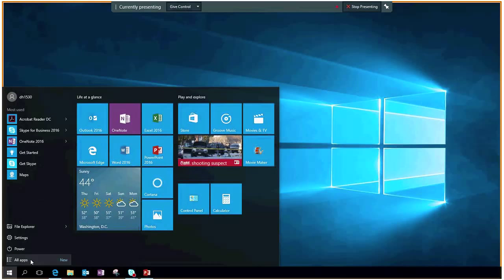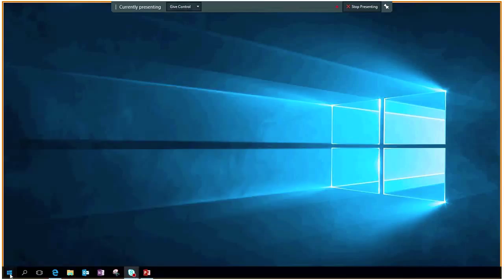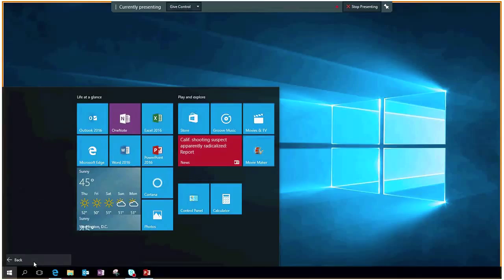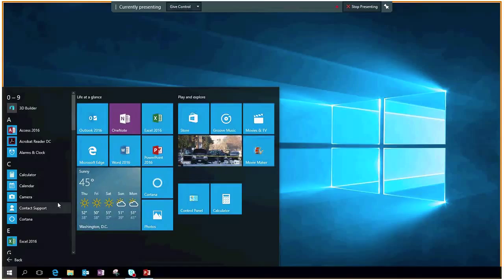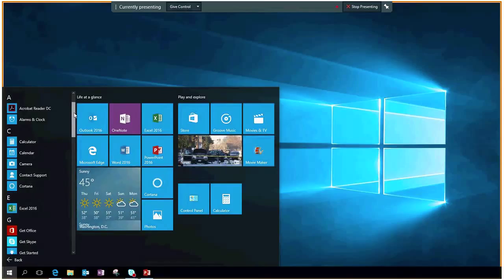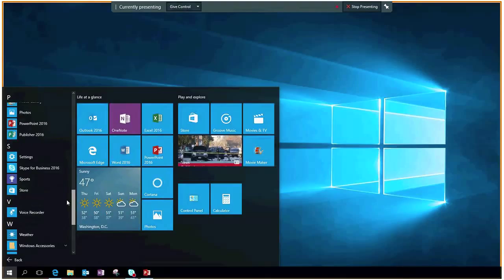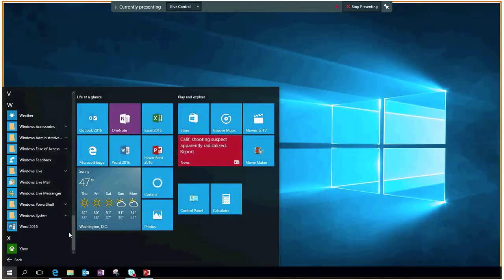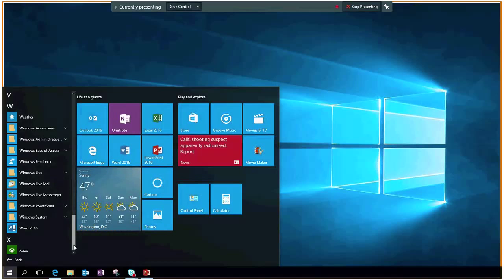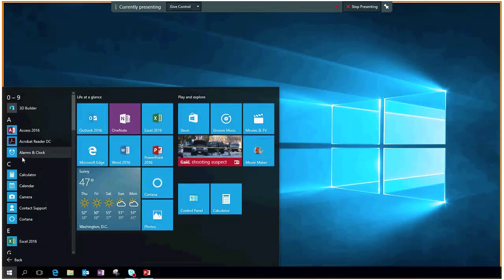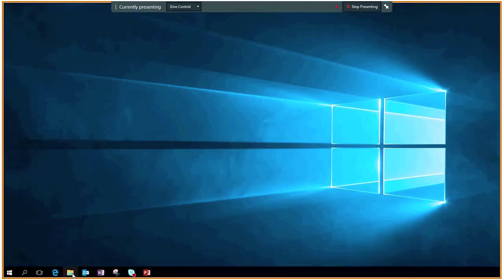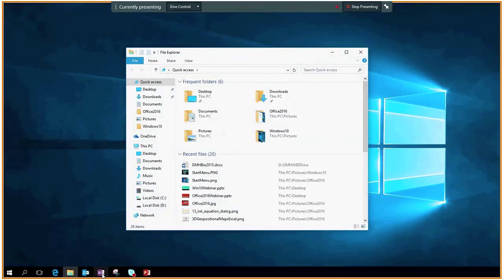Alright, and then the other thing that I also have access to, and if you notice here, when I click on the start here, it's all apps. If I click on all apps, what that does is alphabetically it goes through all of the applications that are loaded on this computer. So I could still get to the all apps, just like we've been able to do in our start menu. Alright, I'm going to go through some of the other functionality things, including